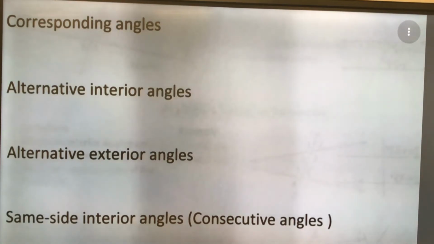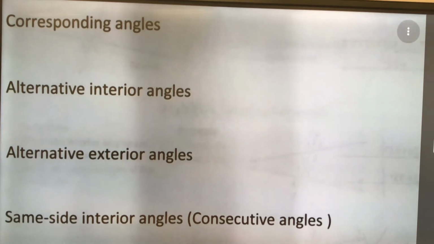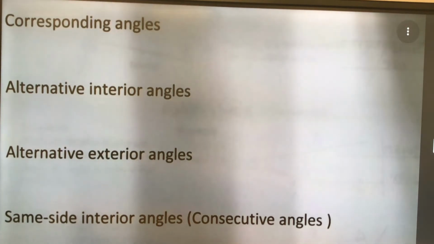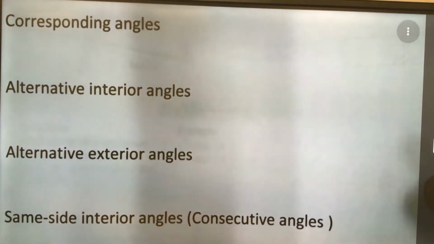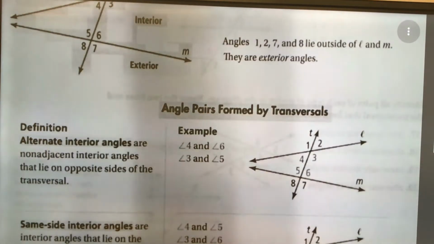Hi, welcome back, and we are going to learn about the next set of angle pairs. They are corresponding angles, alternate interior, alternate exterior, and same side interior. Before understanding all these types of angles, we have one special word to understand, that is known as